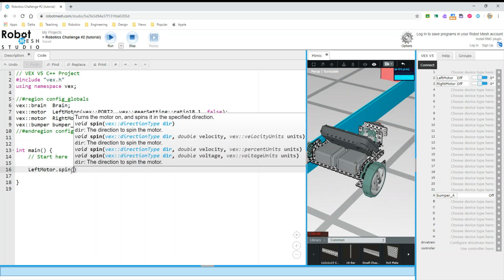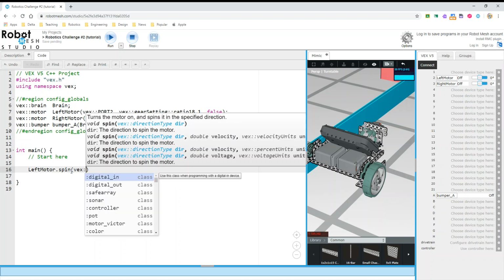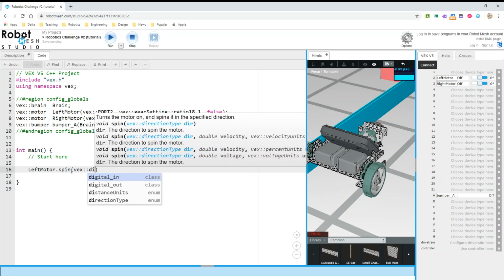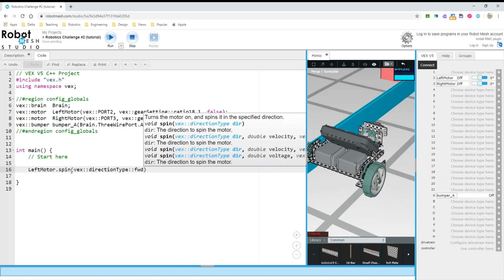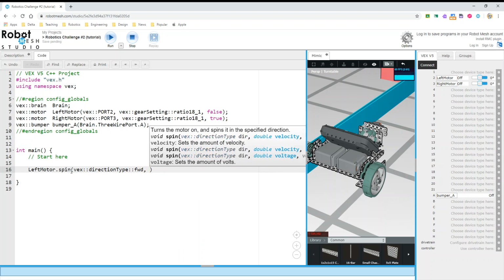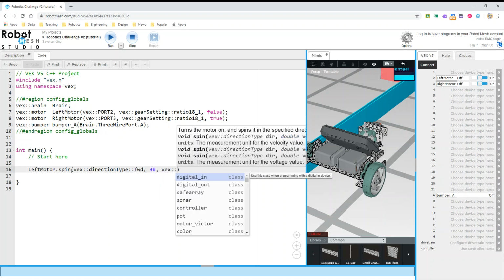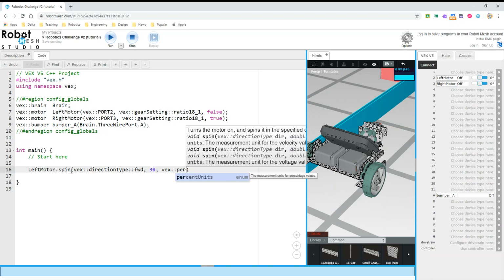So what we're going to do is type vex colon colon direction type colon colon forward, then a comma, and then the velocity, which does not need to be very high, 30, and then vex colon colon percent units,